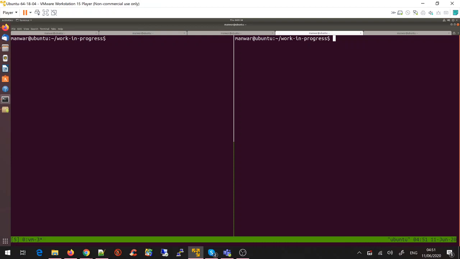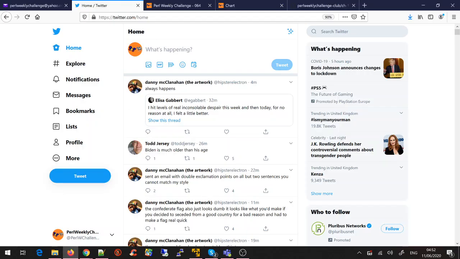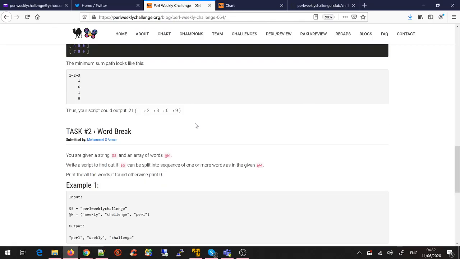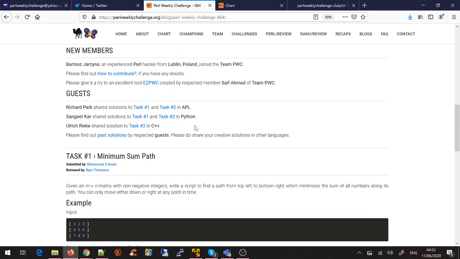So what have we got? Okay, so I'm using Tmux to split the screen as my working environment. So let's see what we have got. The first task is, okay, let me share what the task is about. Task 1 is